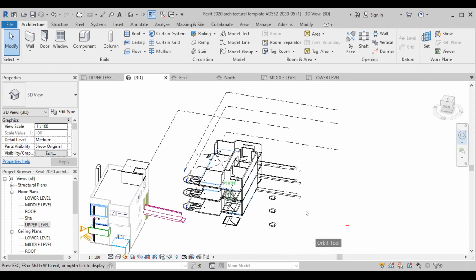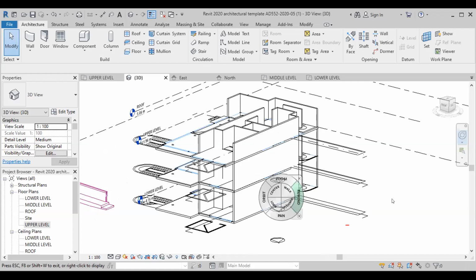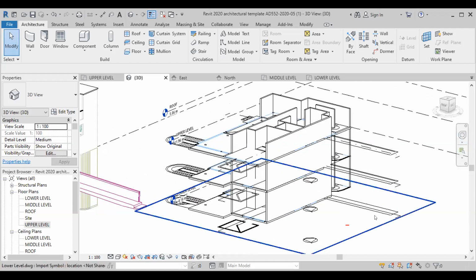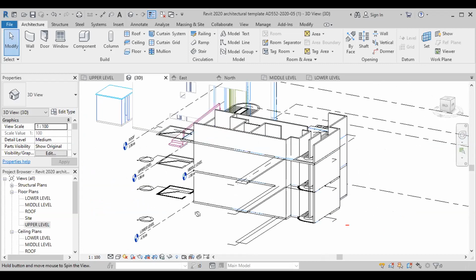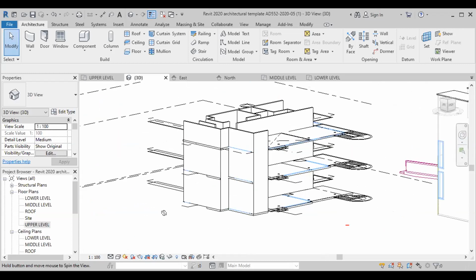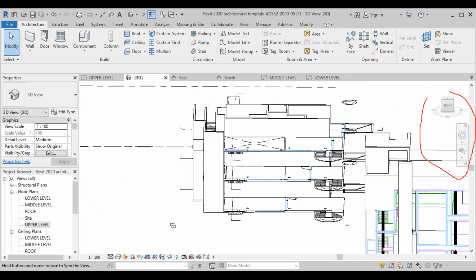This side? No, I said press escape many times. Escape. Okay, you can press shift and the middle button of the mouse. You can orbit now. You see? No need to go to these things. Anyway,